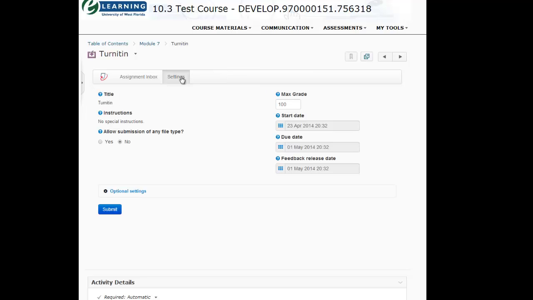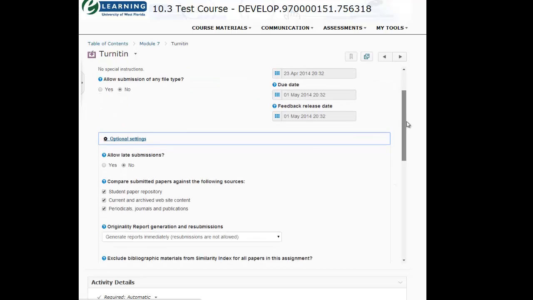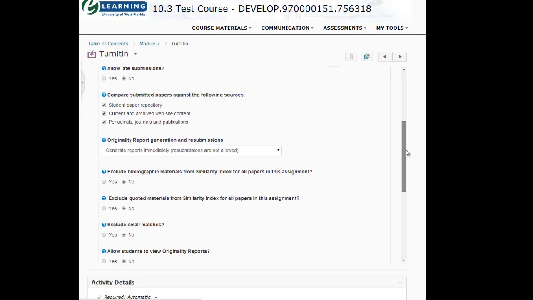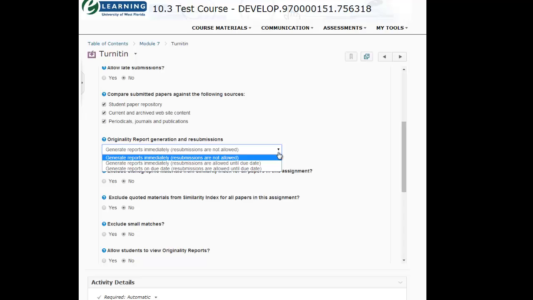You click on settings, and when you click on settings, that's where you can choose the start date, the due date, the feedback release date, and determine how many points. When you click on optional settings, that's where you can decide whether or not to allow late submissions, whether you want to compare the papers against these sources, generate reports immediately, or generate reports on the due date, and exclude bibliographic materials, exclude quoted materials, exclude small matches,